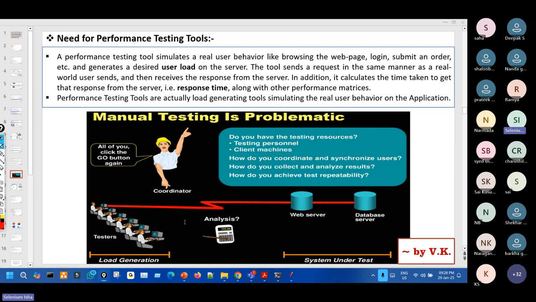Now, why do we need a tool, like JMeter or LoadRunner? Because manually we cannot do it, right? So suppose you want to do the things manually,